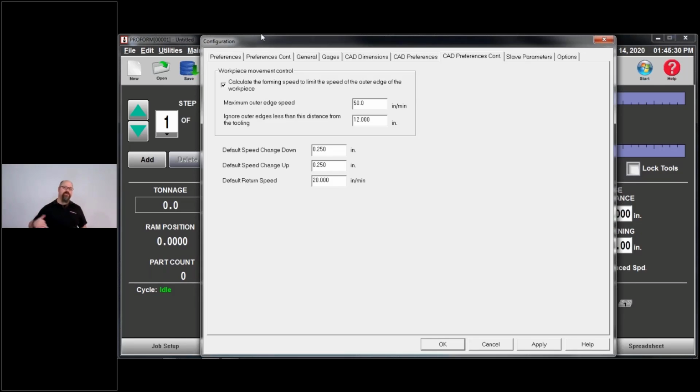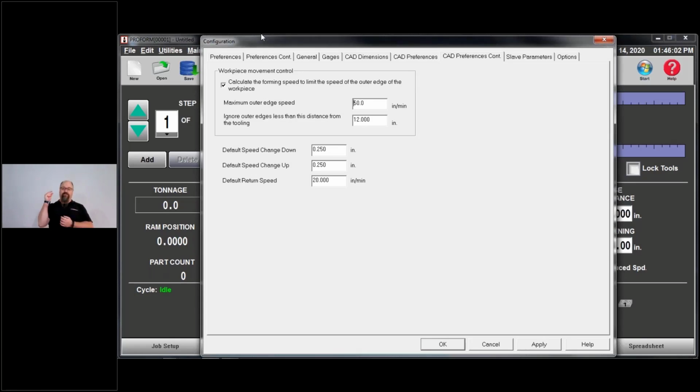Okay, the newer machines, they don't really need the 3/8 for the laser safe. So even if you have a laser safe, there's still not a necessity to have that at 1/4 inch. Okay, speed change up, we're not messing with. Default return speed, I have had several customers crank that number up. This is all just get out of my way. This is the RAM going up, get out of my way. So the higher that number is, the faster the RAM moves up.